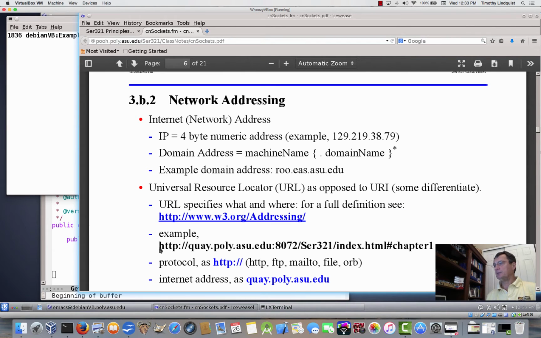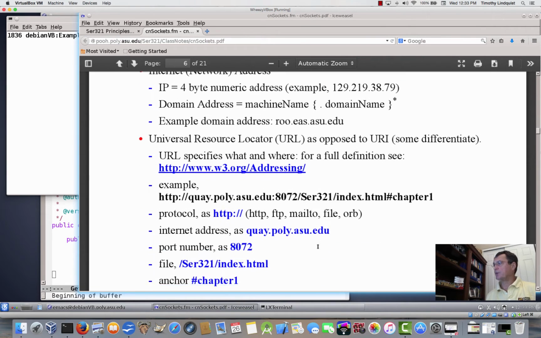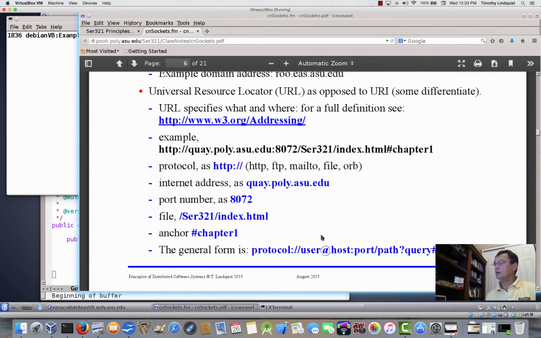So an example, http://quay.asu.edu:8072/SER321. This one actually is inactive. /index.html, and then hash mark, chapter 1. So there are several different components that exist within this URI, and the most common ones are, first of all,